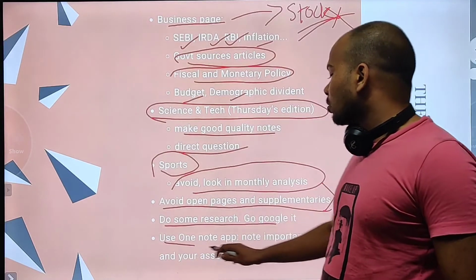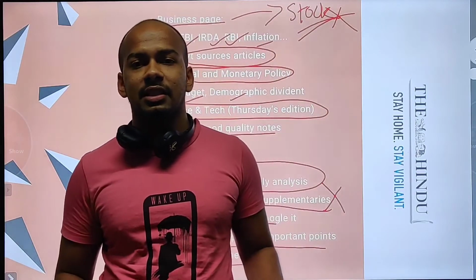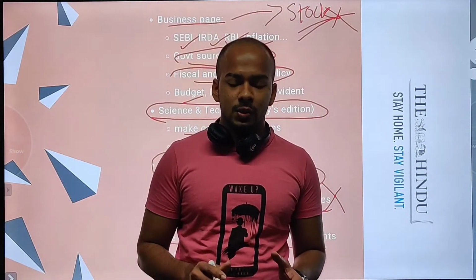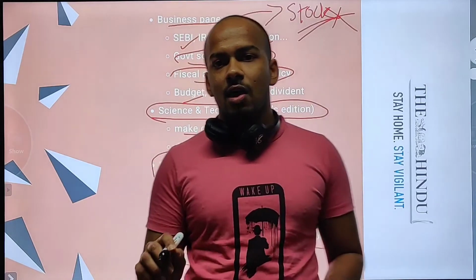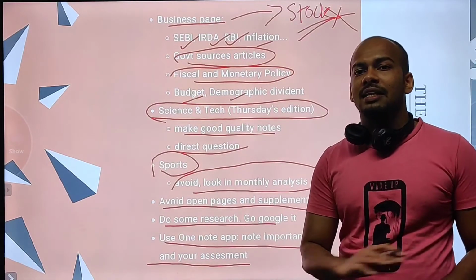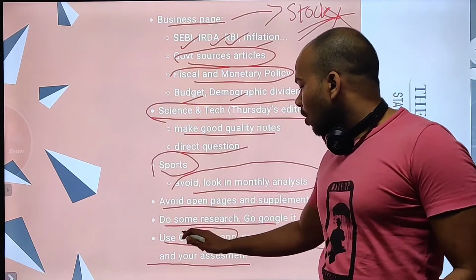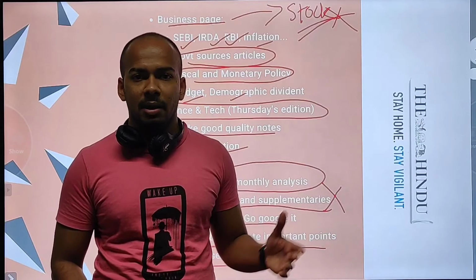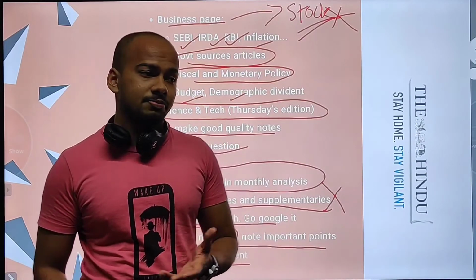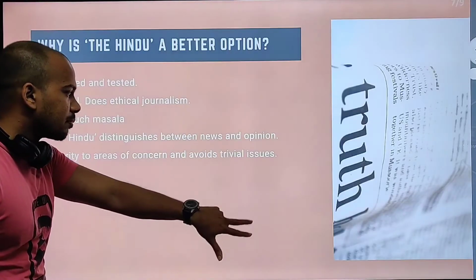Then, about making notes. One important thing is that you should not copy paste big sentences. When you are making notes, try to catch the important points and just copy paste those. Do not copy paste the entire article. That's a bad thing to do. You can use apps like OneNote or any other open source software, because keeping handwritten notes might be difficult. For some people it might be comfortable, but for most people that might not be that easy. So you can use software like that to keep your notes.